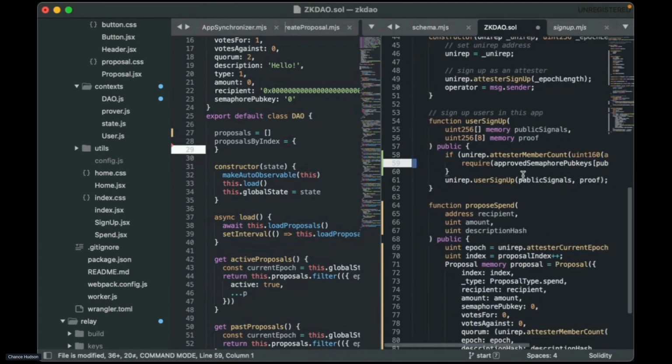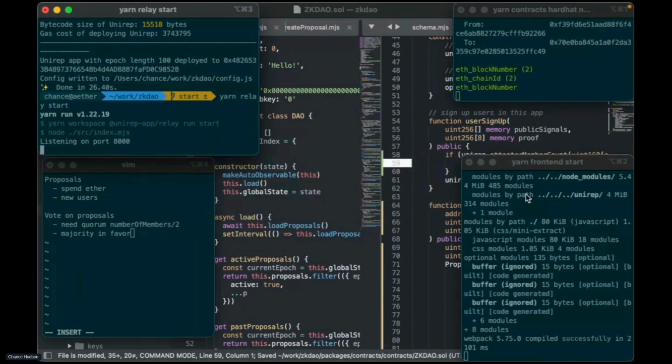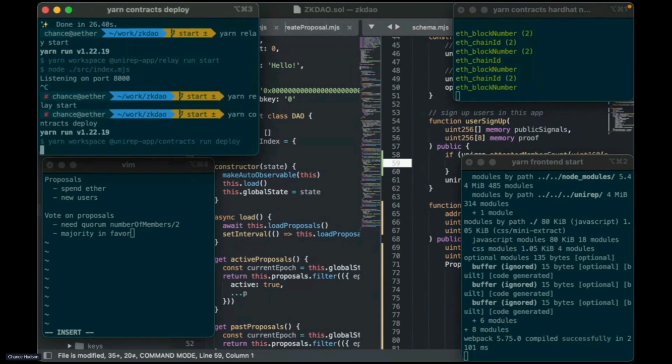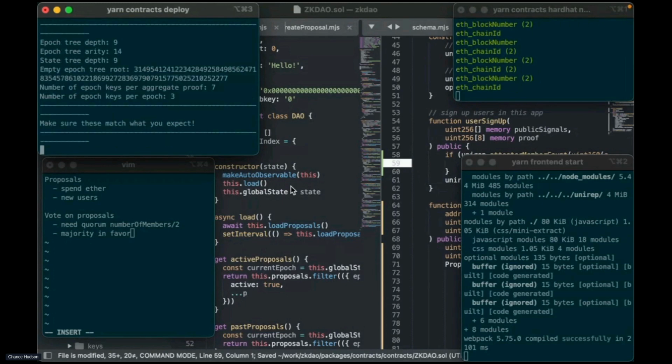If it's not equal to 0, then we need to have been approved by our proposal. So anyone can join if there's no one already in the system. So we'll redeploy, and it'll build automatically. Yep.